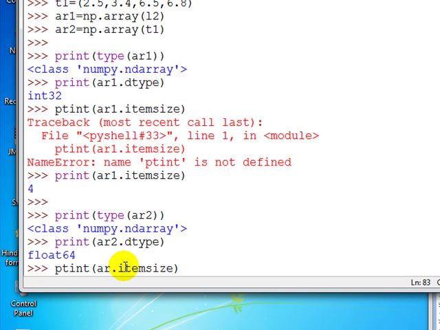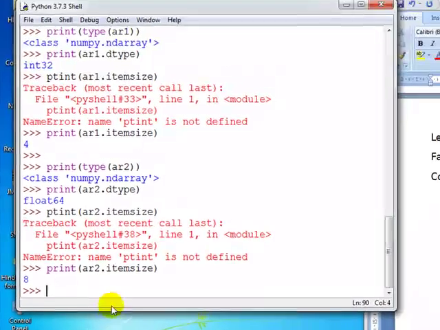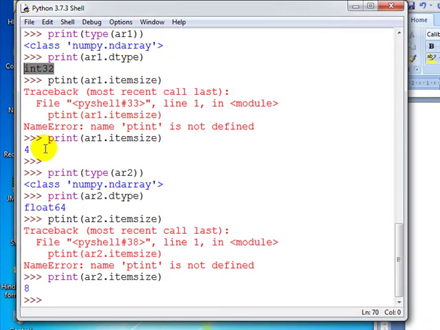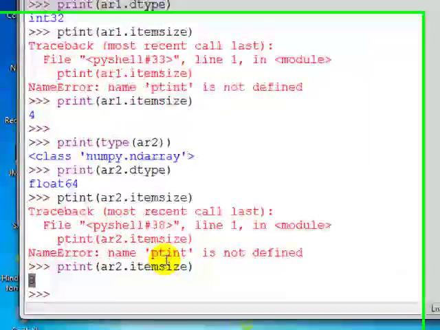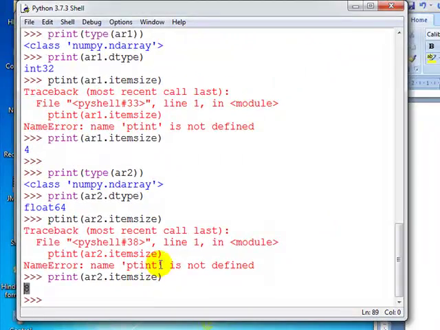Oh, sorry, I have made a mistake, the same mistake I made here also. So this should be print. Okay, so you can see 8. So here it is int32 whose size is 4. Similarly, it is float64 whose size is 8. Clear? Okay. Now move to the next.